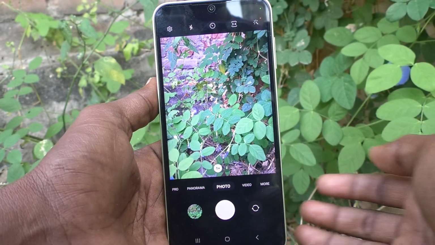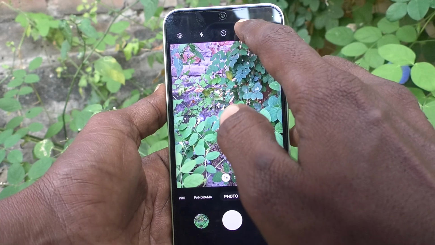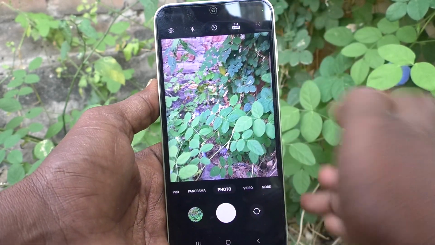So in this way you can easily activate 50 megapixel camera in your phone